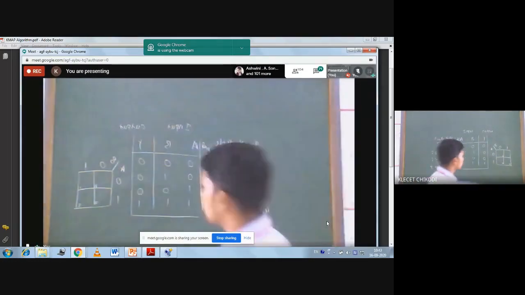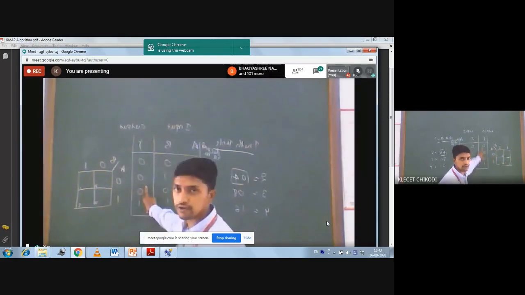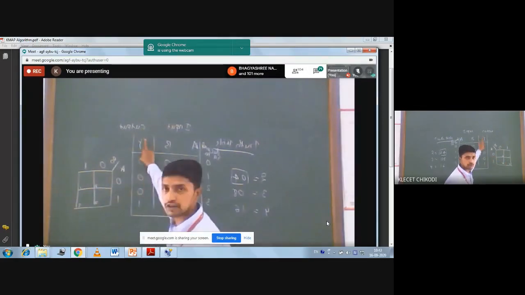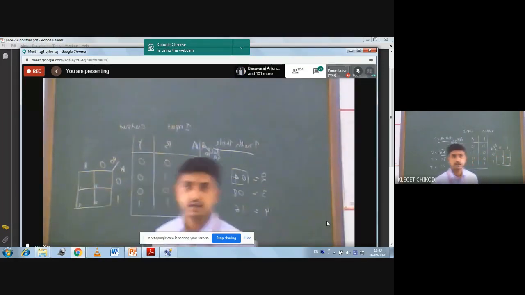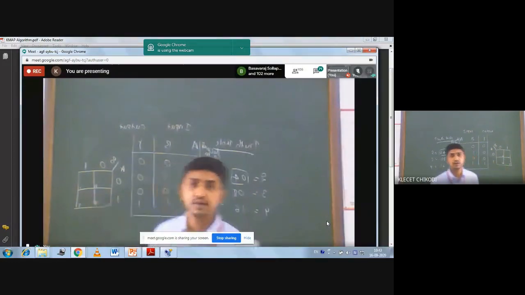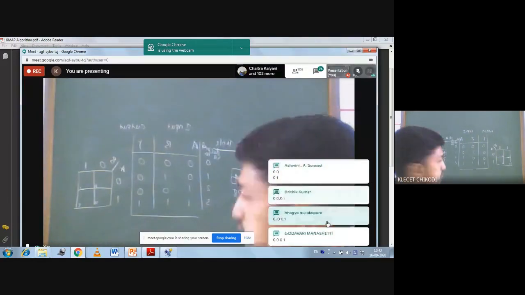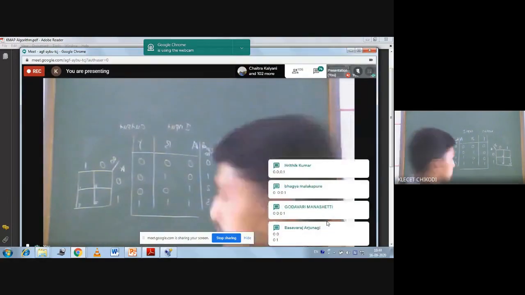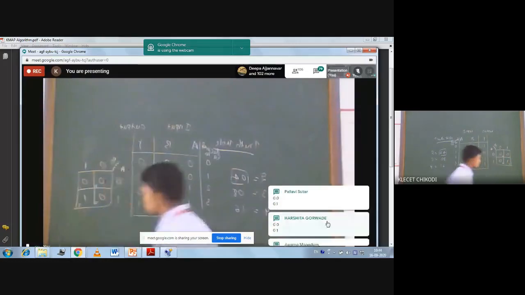I have to fill the K-map cells here. From the truth table, you have to look for the output function. For the output function, we have to fill the K-map cells. Okay? Just put a comment in a sequence. What values am I going to fill in that K-map? It will be 0, 0, 0, 1.